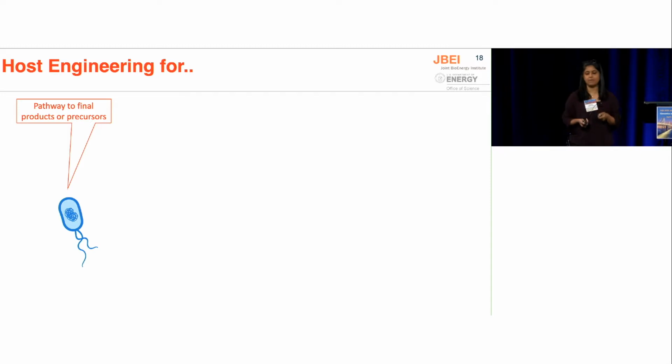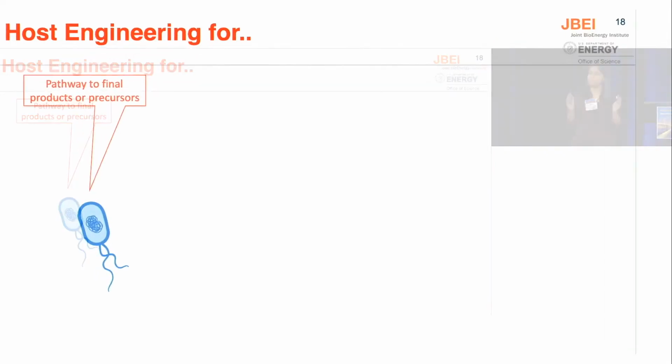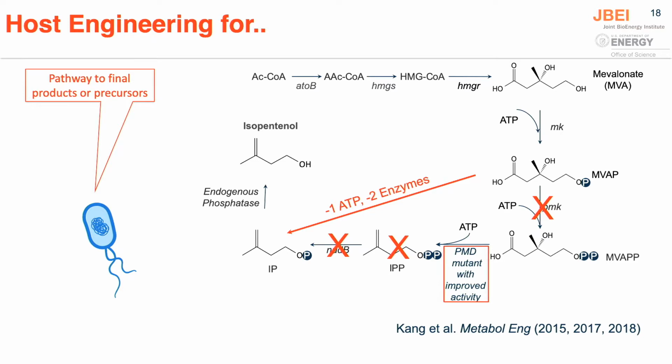Here's another example of how host engineering is important. Here I wanted to show you an example of developing a pathway from the host point of view. I'm using a pathway that is very, very well established. This is work by my collaborator at JBEI, Taek-Soon Lee. He has worked for years on this pathway. He knows it in and out. He has figured out every single bottleneck and refined it to no extent to make isopentenol, a gasoline, in